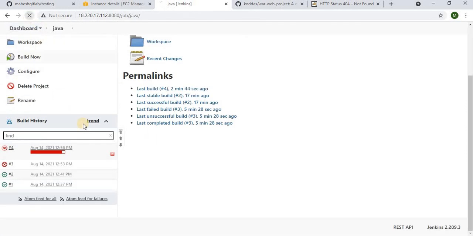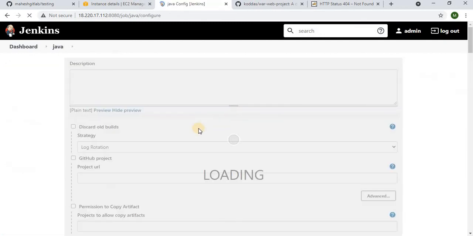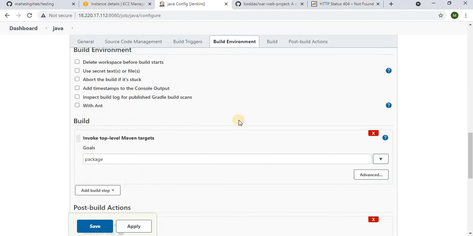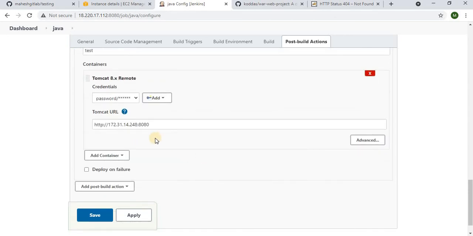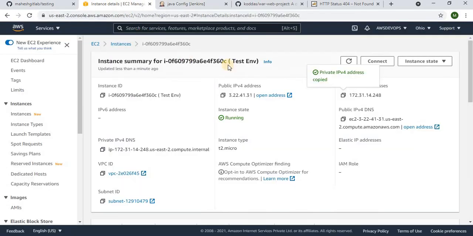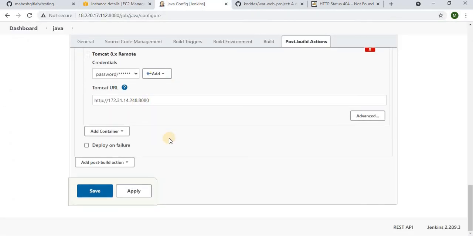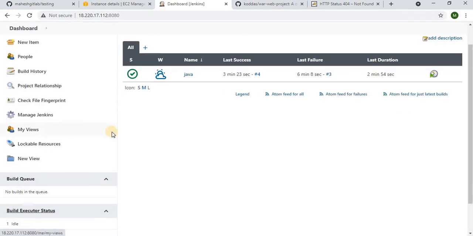Oh, what happened? Really, it should not take this much time. Now we have given everything properly. This one we have given something fine, so this is also very nice. Var test password, let us check this. 172 248, correct, right? Correct. See, you can add one more container, deploy, and you have a lot of options that you will come to know only while practicing. Yeah guys, it seems it is success.